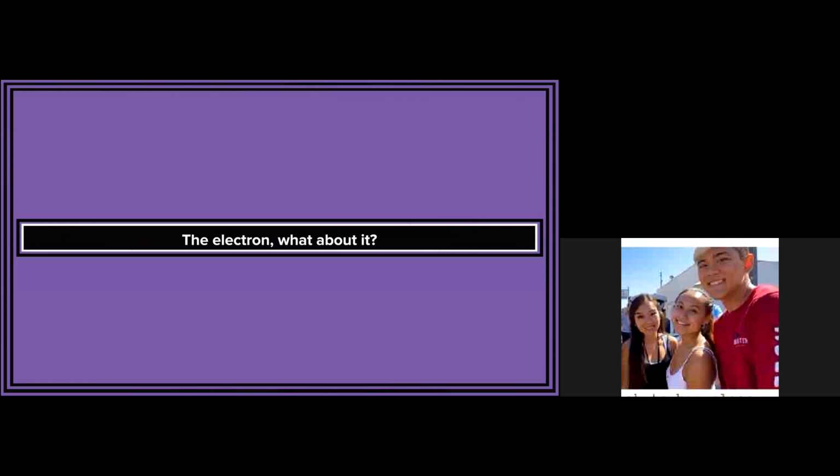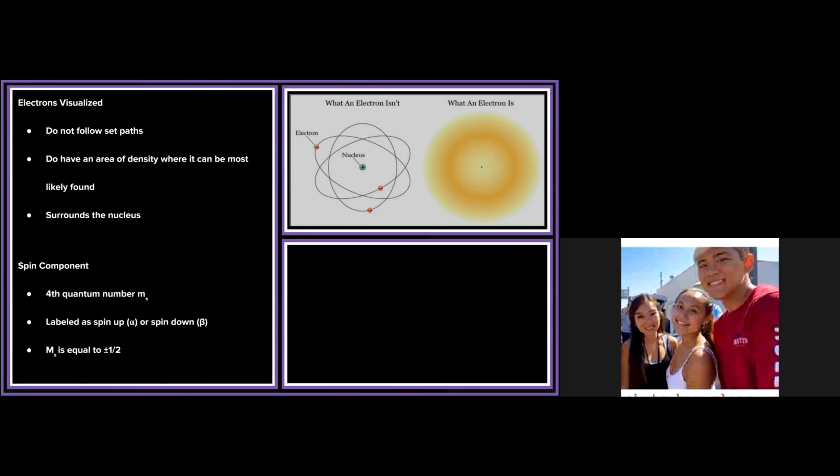So the electron, and what about it? How electrons are usually visualized, as we can see on the right, is that an electron is not a single particle that follows a set path surrounding a nucleus, but rather there's a density that surrounds the nucleus where we can most likely find the electron. And as for spin components,